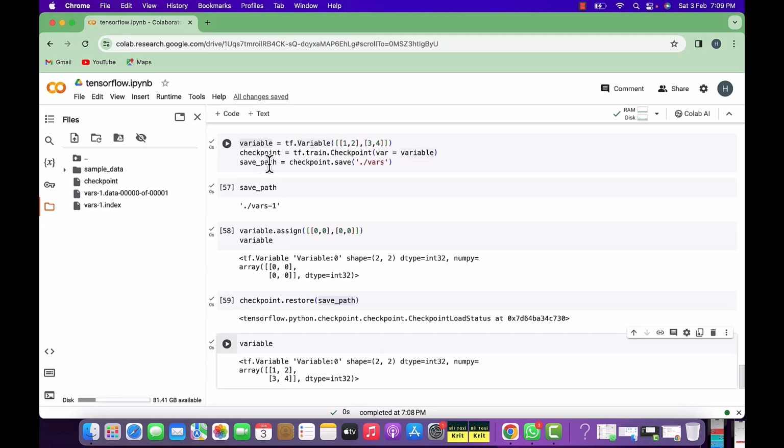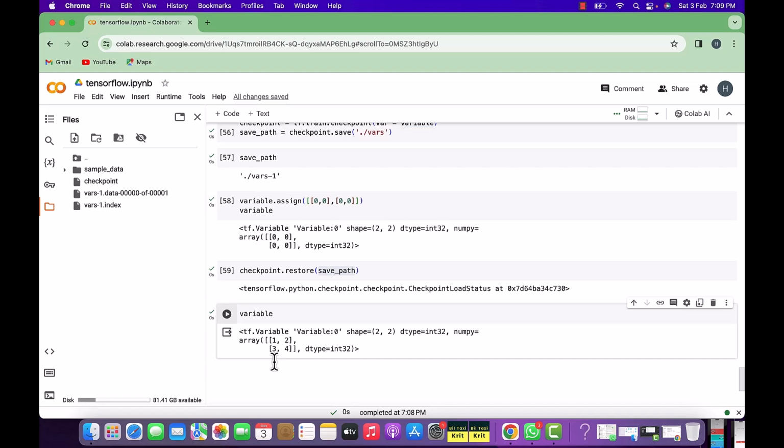The reason is we stored the state or the value of this variable inside a checkpoint, and after that we changed the value of the variable. But as we have kept the backup or created a checkpoint for our variable, at any point we can restore that value. So here we restored the value in the variable using the checkpoint, and now our variable contains the